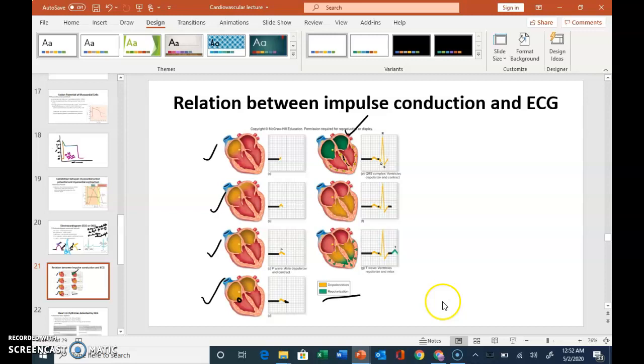Next, here we do see that the atria has repolarized and the wave of depolarization is moving into the ventricle as shown by the yellow lines. And so this is representing the ventricular